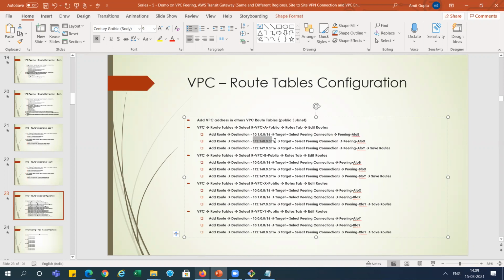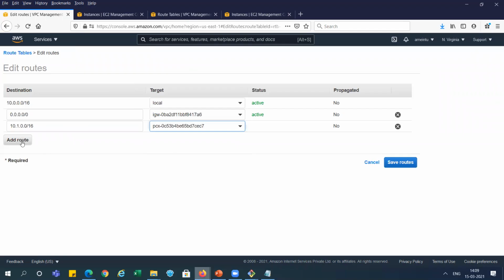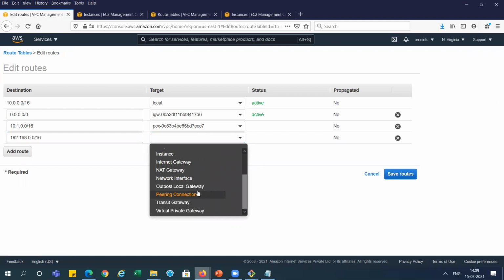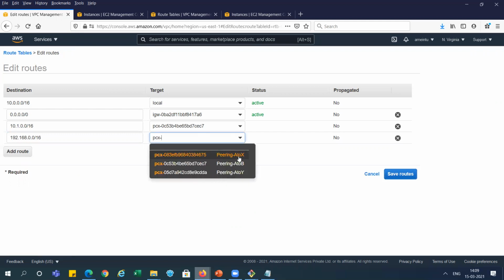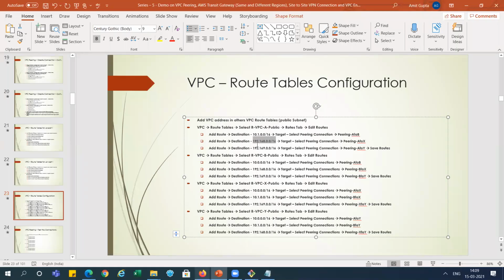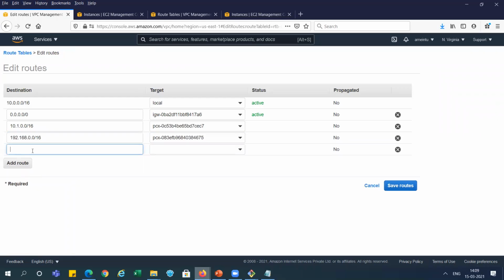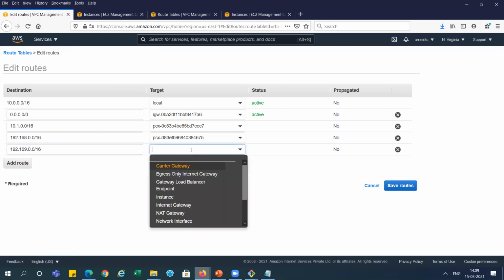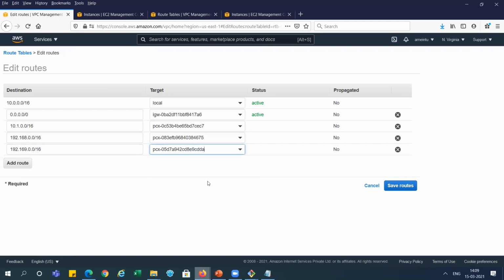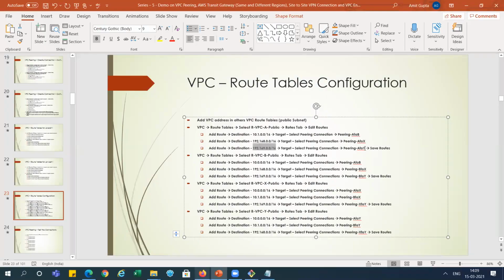And for the second one, we need to add one more route. This is for the X, X1. So again, we will select this pairing connection, and now A to X, right? I mentioned here A to X also. Now for another region, we need to do it for another route. You can see this 92, 96, 169 for the Y. So for the A to Y connection, we need to select the pairing connection A to Y, right? I mentioned here A to Y.